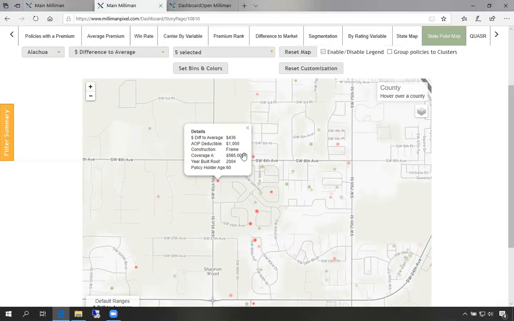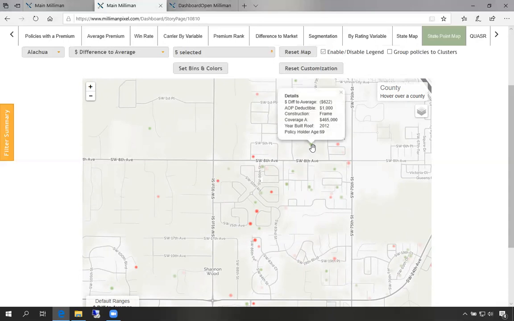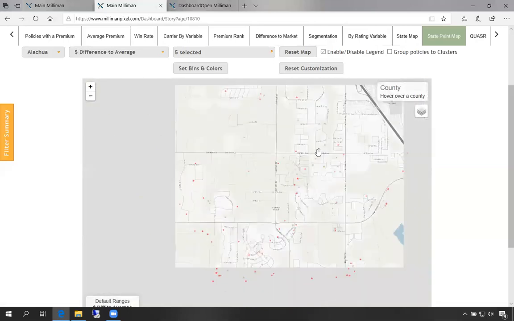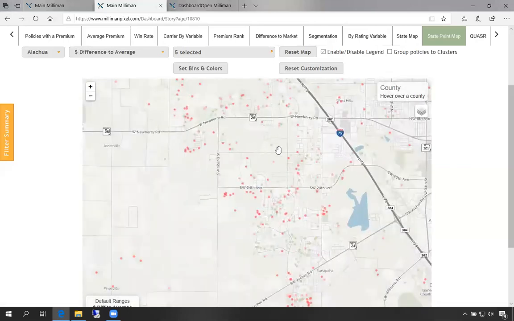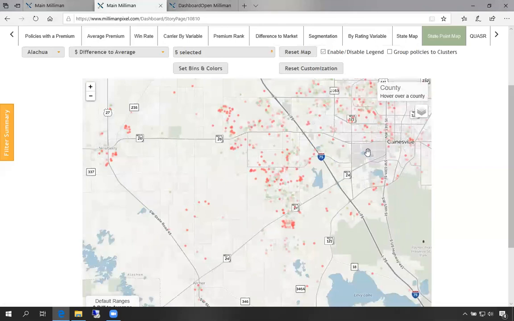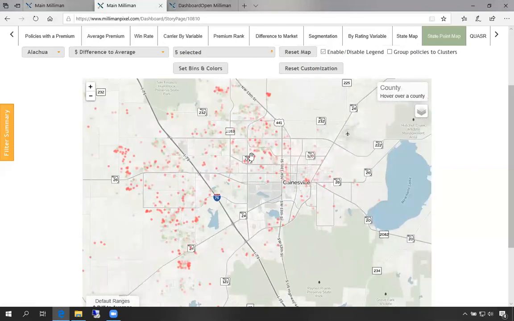It's got a quite high coverage A of 565 and a newer year built roof, versus one of these other green dots is going to be a lot lower. And this shows a coverage A of 465, year built roof of 2012, and a policyholder age of 69. So this is just another way that you can dig in on a more location level and then learn more about what could be driving the differences in premiums there.